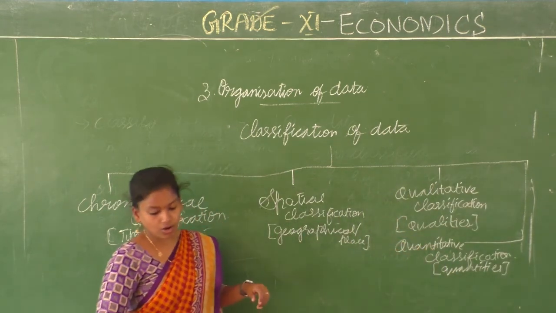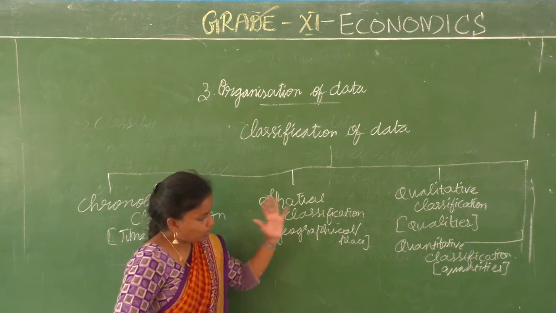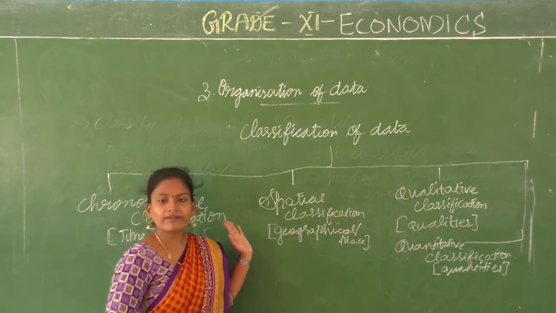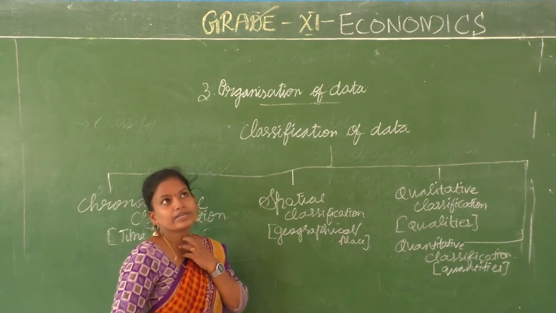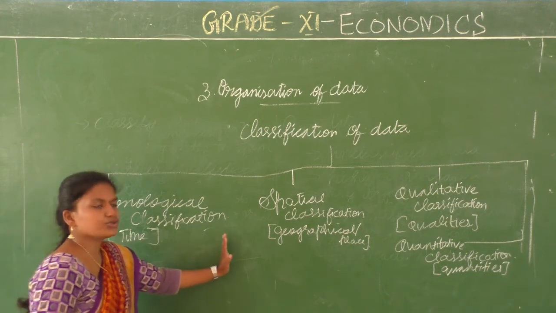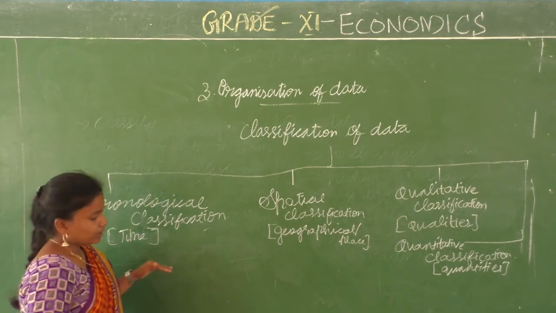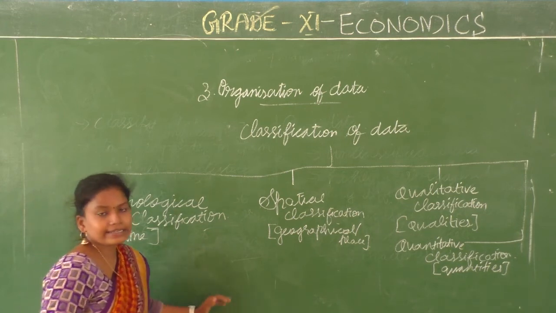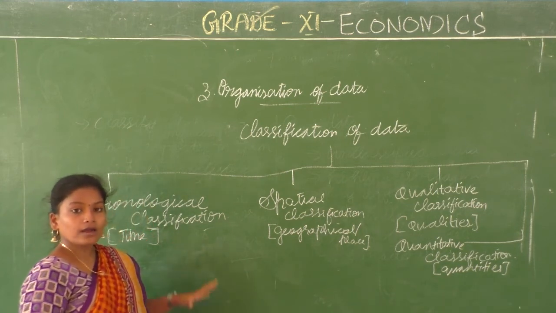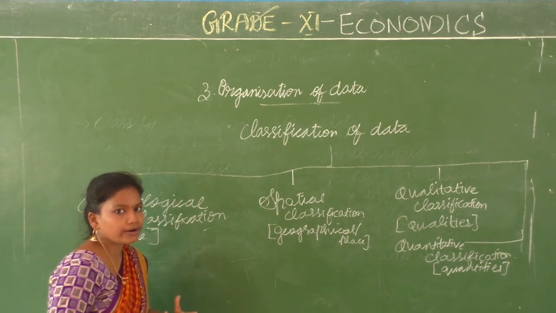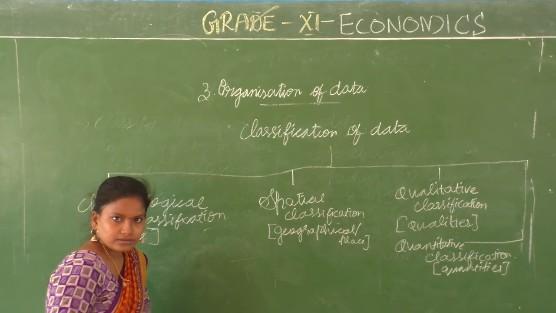Okay, when you measure all those things, then it will be called quantitative classification. In the example that we have discussed, the economics example, when we discussed the marks, I calculated 20 to 30, this many students, 30 to 40, that many students. That is called a quantitative classification. Basis on what? On the basis of their marks, how much they have scored. I can calculate it. That is quantitative.